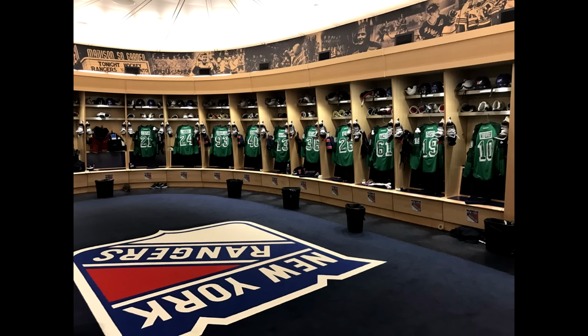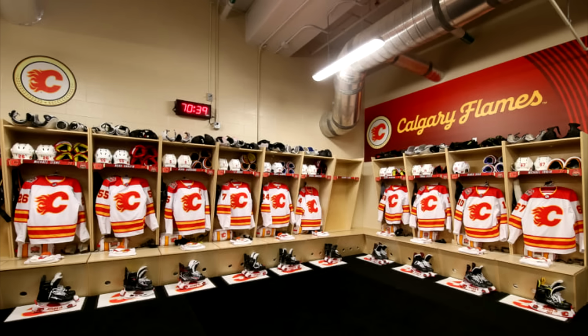That's the word I would use to describe this dressing room: underwhelming. All right, next up, it's the Calgary Flames, and I want to clear up a misconception here because I've